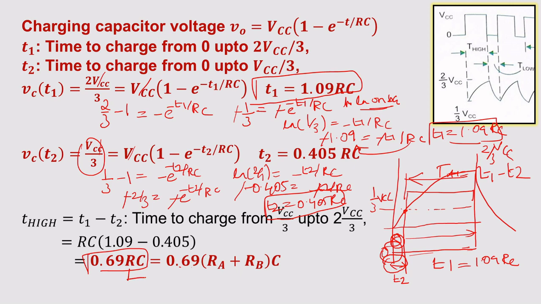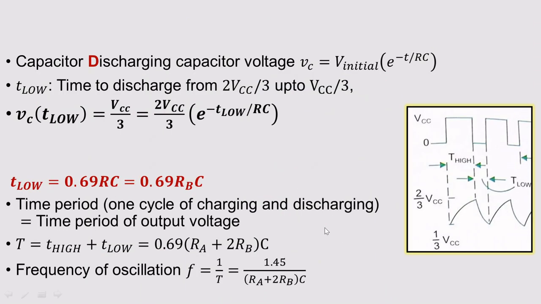We know that R is nothing but RA plus RB. So it is written as 0.69 into RA plus RB into C. This is the on period, the T high period. Similarly, when you find it for the discharging period,